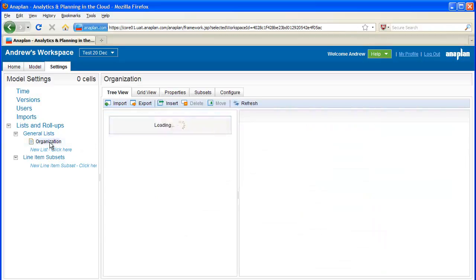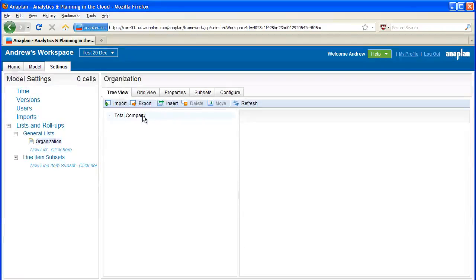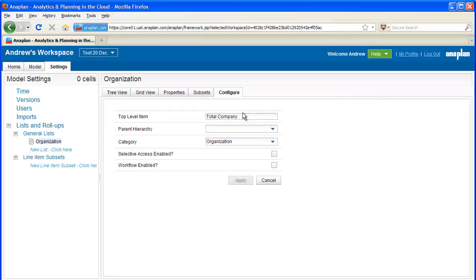Now let's go to set up the organization. Typically I would have the organization in some sort of text file. So here I've got cost center and a code, and it's the immediate parent of the cost center there. Now you notice in this one I've got a company total, the UK, so I don't need the pre-configured one, total company. So if I go to the Configure tab, I get rid of that top level item, this is like an auto total,